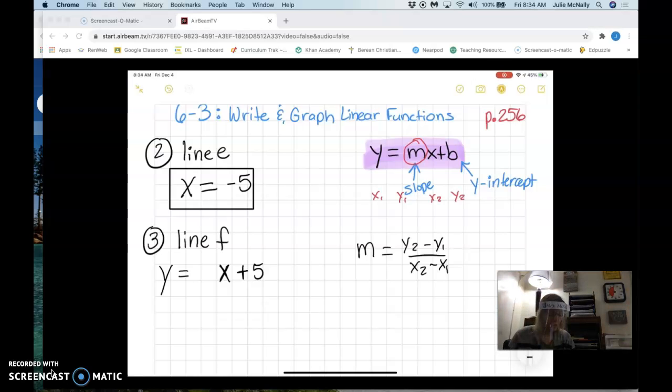The line that's at the very top. Okay, let's keep going because my recorder's running. So now I'm going to do the slope. So what I can do is I can find 2 points on the line and calculate the slope using those